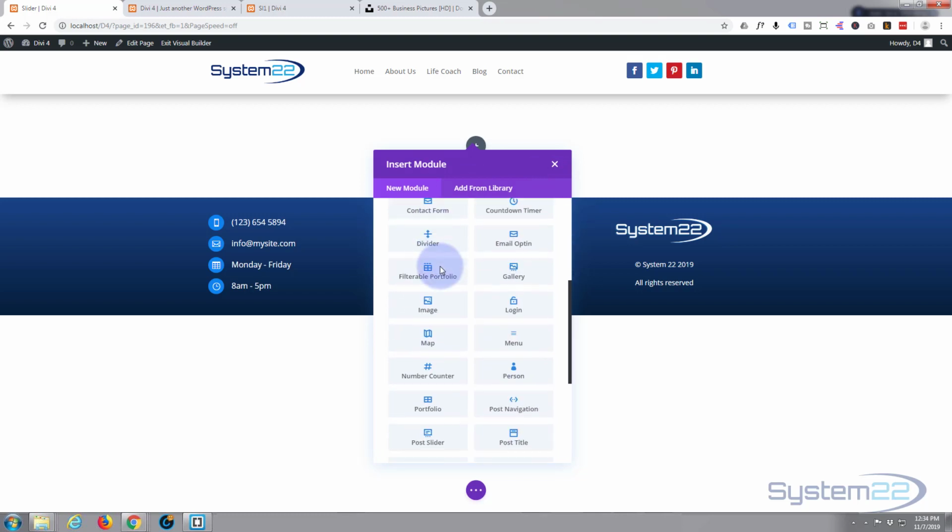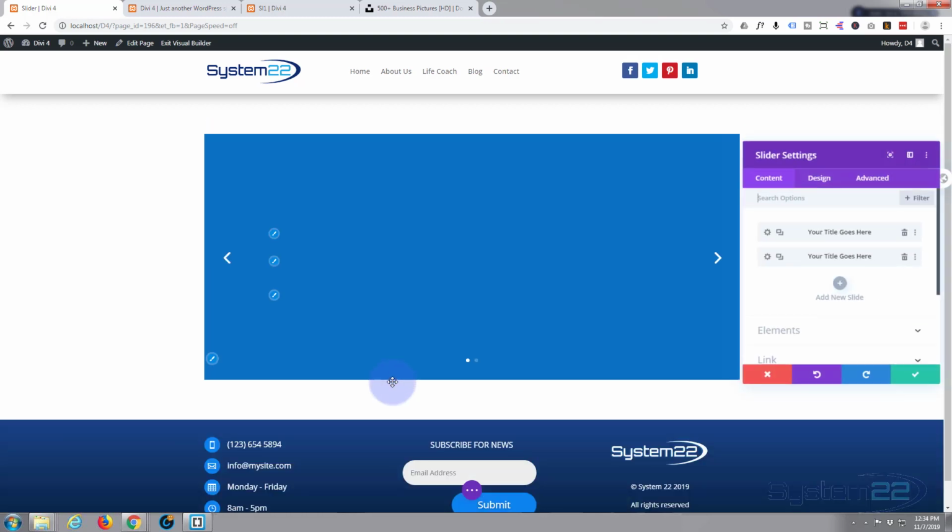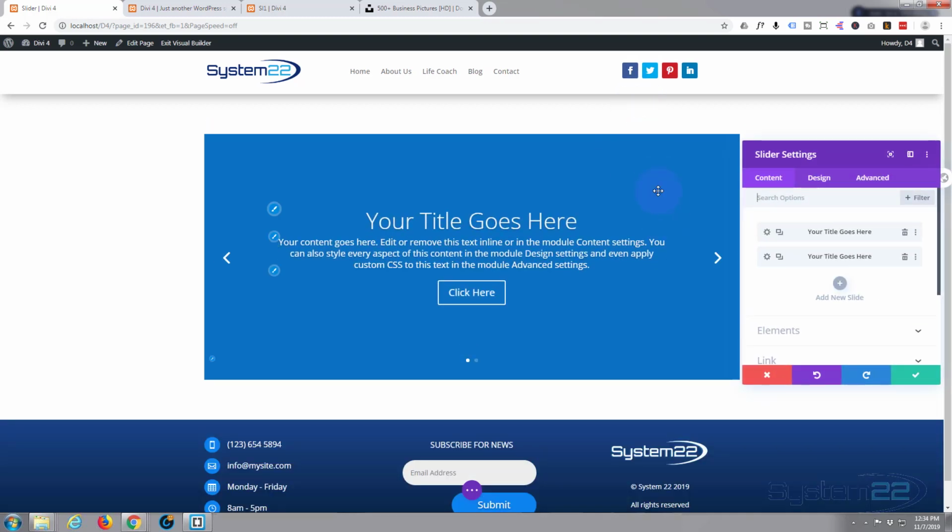By default, Divi comes with all these modules as standard. I want a slider right there. There it is. It's popped in a slide. It's already got a bit of dummy content and a background color. Okay, the first thing that you'll notice about this, it's put two slides in there, which is great, but